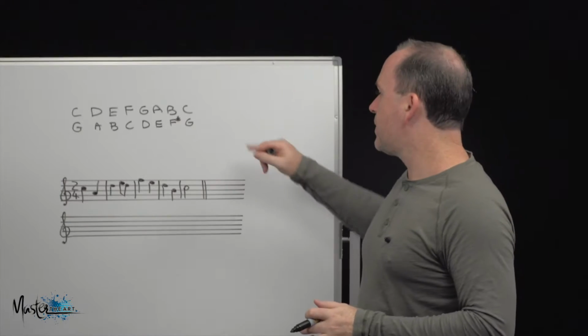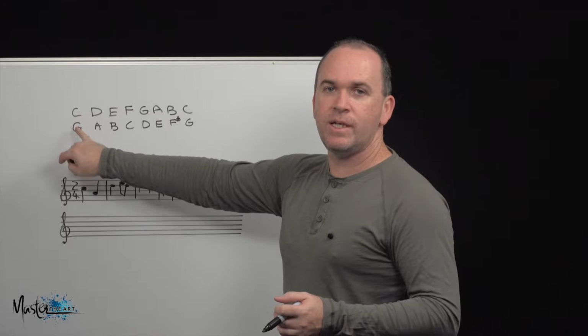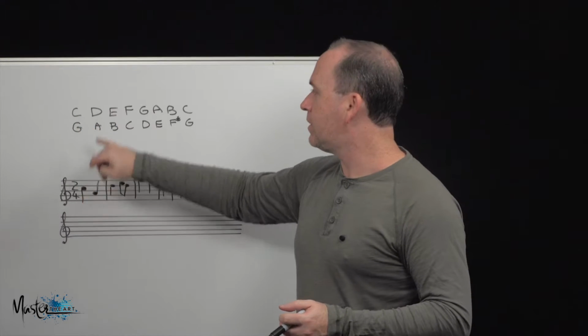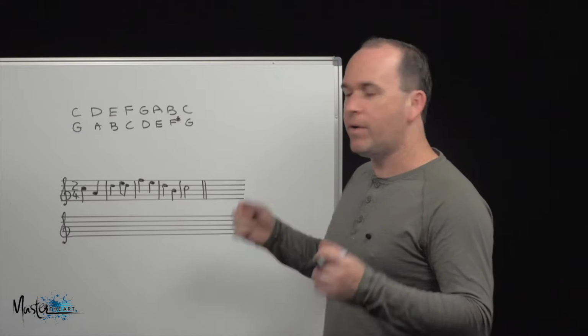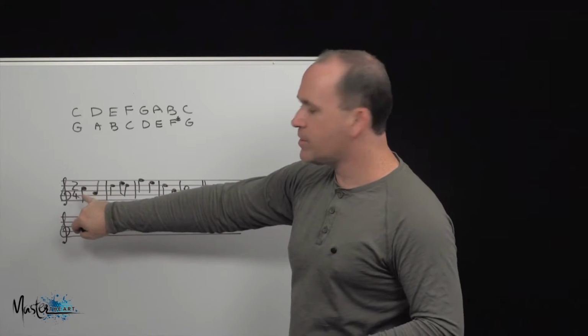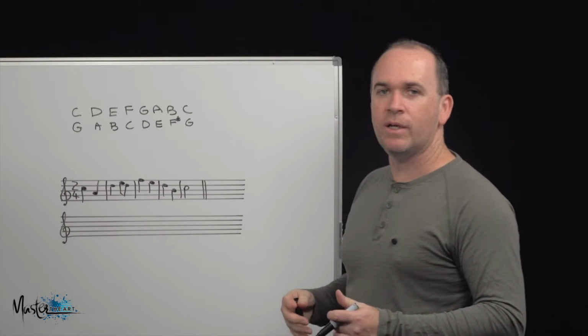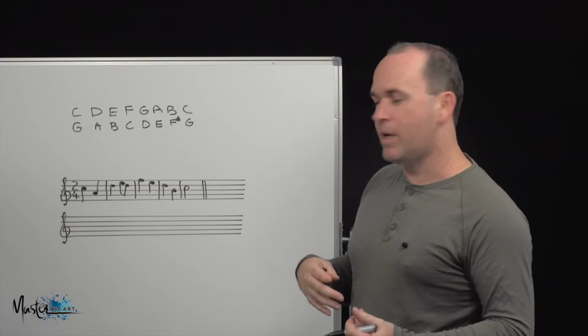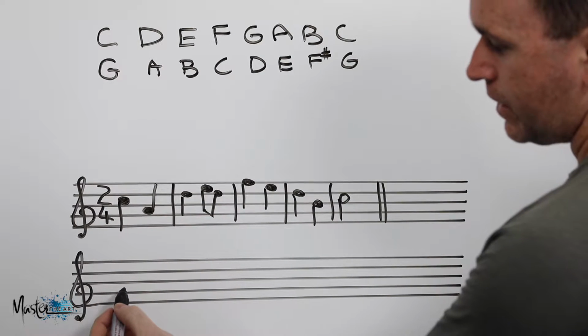Now if I'm transposing it from this one to this one, what that would mean is every C in my song would become a G. Every D would become an A. E would become a B. So I could look at this and go, well, the original note it starts with is a C. C has got to become a G. And remember we said we're going to go down. So down here we could go, right, this C has got to become a G,